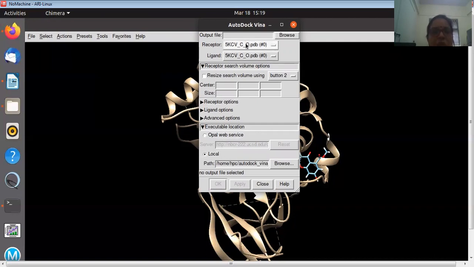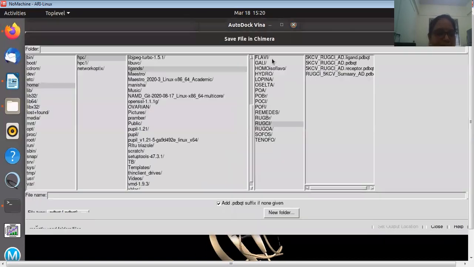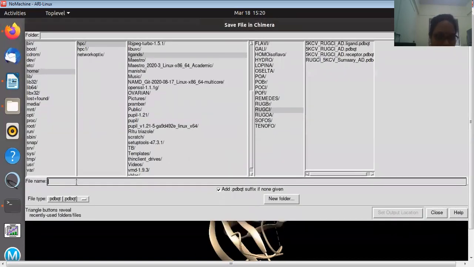Now here, this is the receptor 5kcv. Now ligand, since I have already opened, so you have to select it as ligand. Okay. Now browse. Go to the browse. Here you give 5kcv_RUGCL_AD.pdb. So you are giving the command for where I want to save the file.